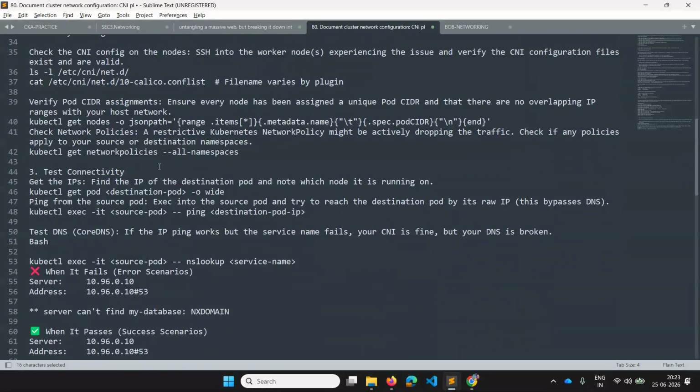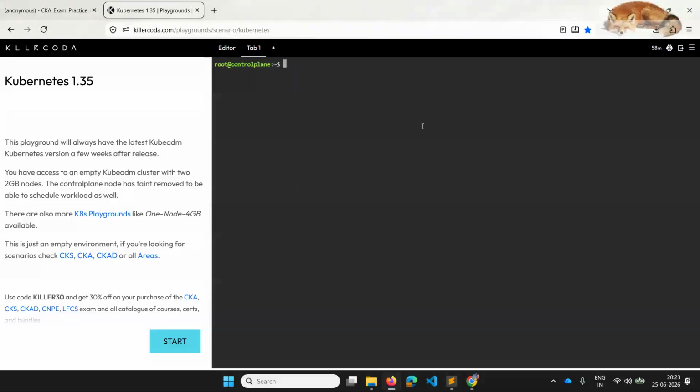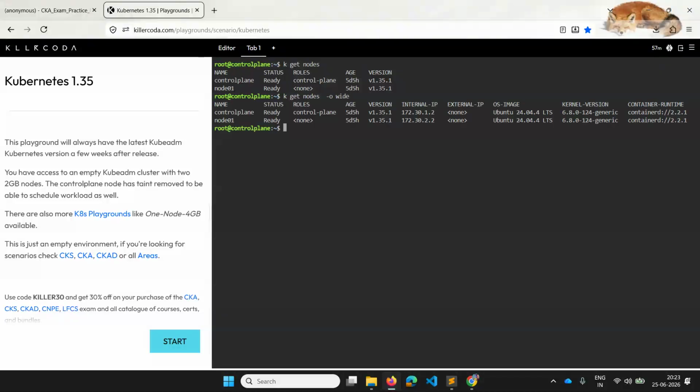Then we can also see the CIDR. If you do get nodes with hyphen o wide, you'll see the internal IP that is assigned to this node.